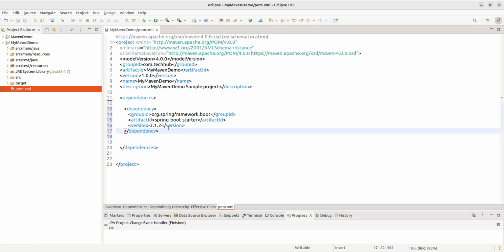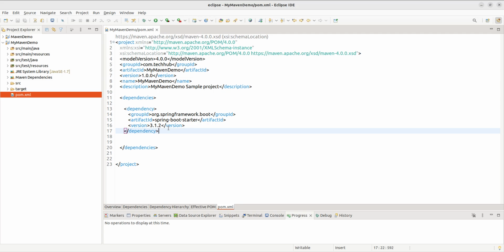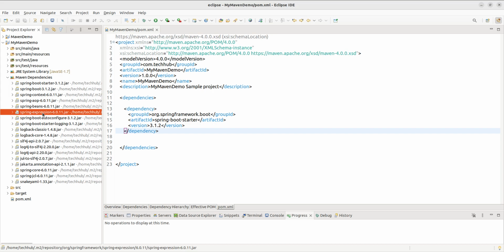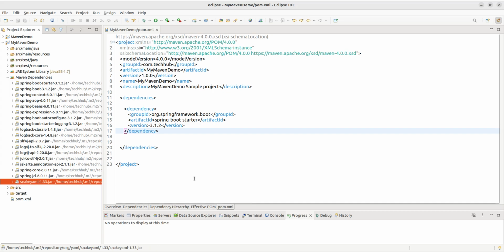So once you add the starter and you save your pom.xml, you will see it is automatically adding the Spring related core libraries. What are the Spring basic and core libraries? Spring Context, Spring AOP, Spring Bean, Spring Expression, Logback, logging related libraries, Spring Core, Spring JCL, Spring YAML, to read the YAML file also. So all these libraries it is adding